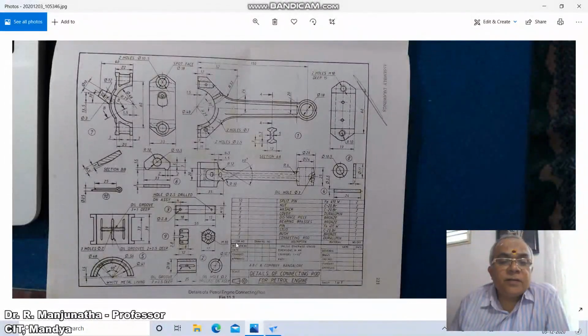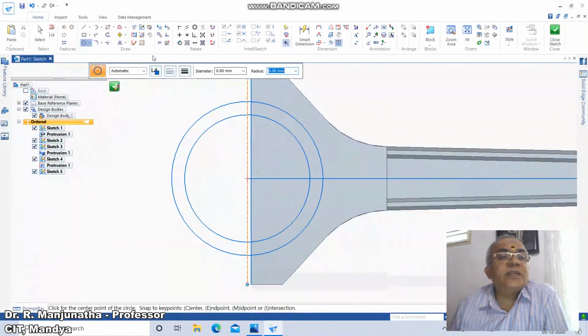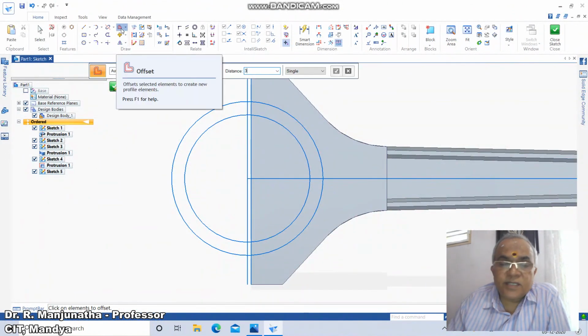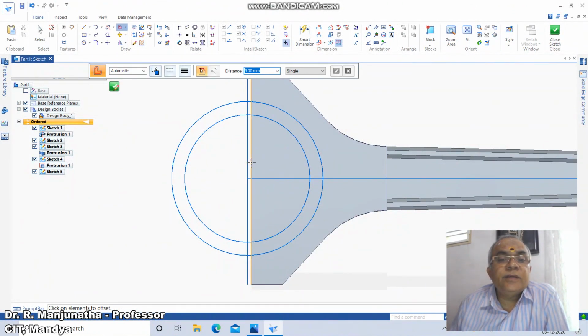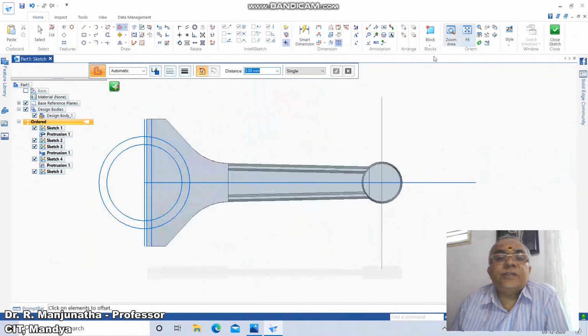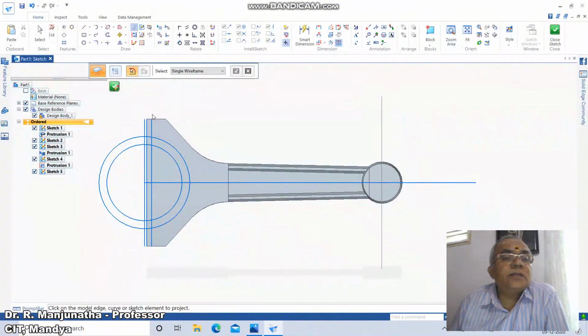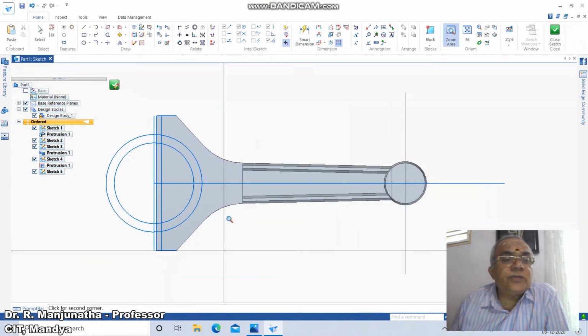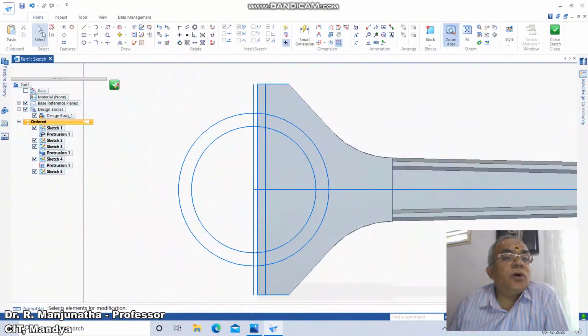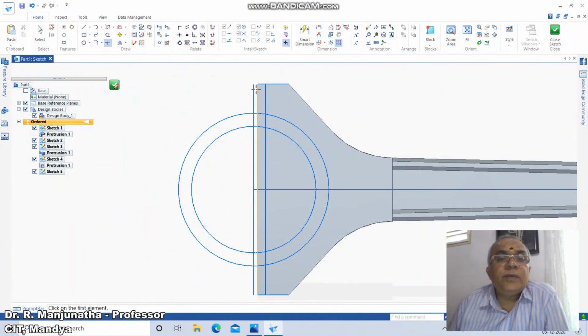You have a 3 mm rib. So you take offset, take the distance as 3 mm. From here you take this line and then fit. Then go to include or project to sketch. Okay, select this line and this line. So then go to zoom window, you take these two, then go to trim corner between these two,